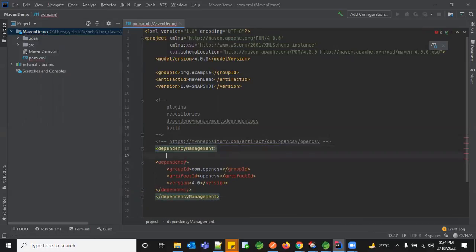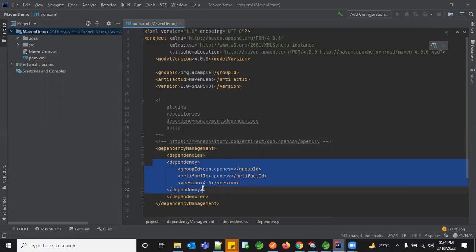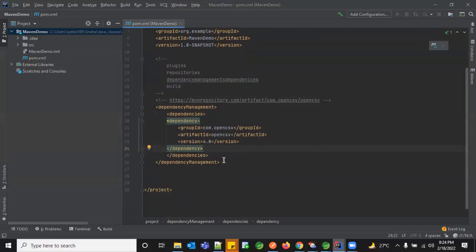Under this, you have a tag called dependencies, and you need to have this one. This is like a list of values, like an array list. The same thing: this is your root tag, and under your root tag, you can have any number of dependencies. So I'm just going to paste this. How do you get it installed?